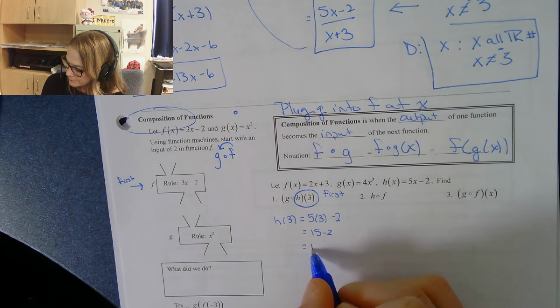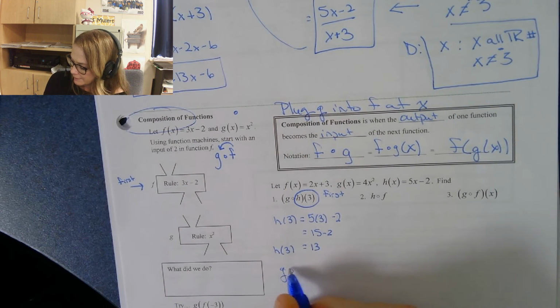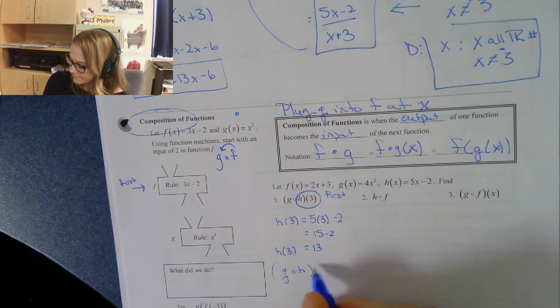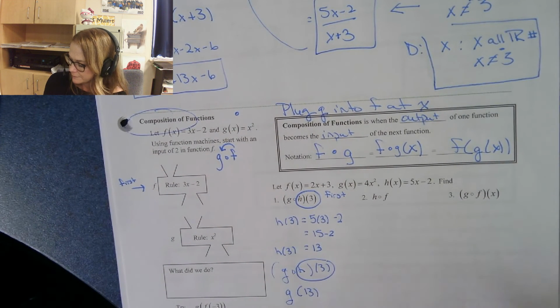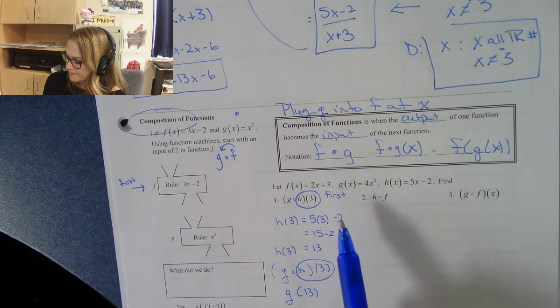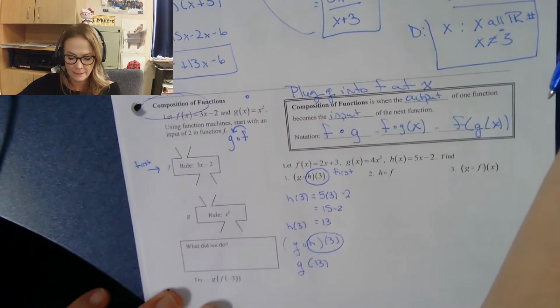This is 13. So h of 3 is 13. So I've got g of h of 3, and this is asking me to do g of 13. So the output of h becomes the input of g. So now I'm going to go to g and do